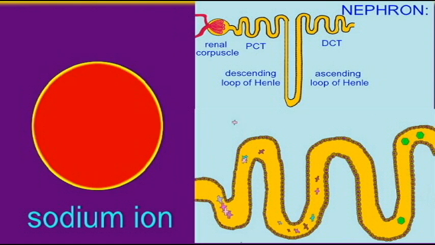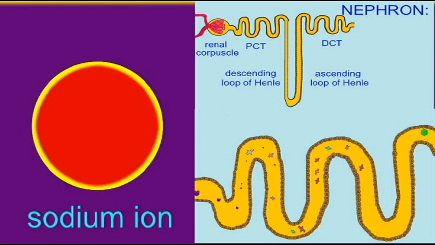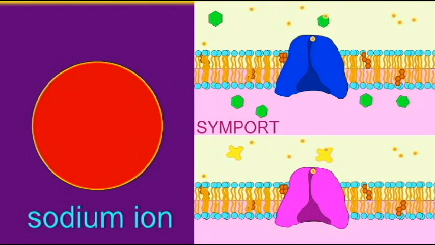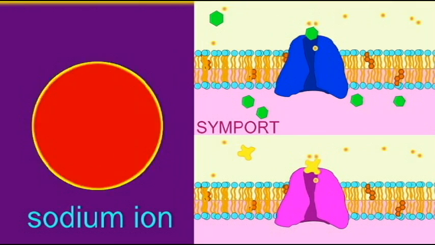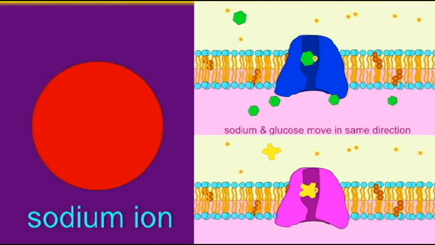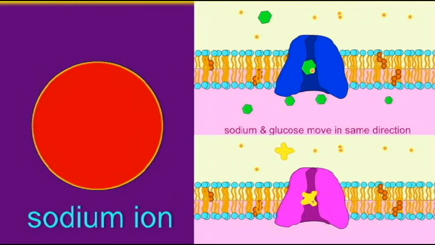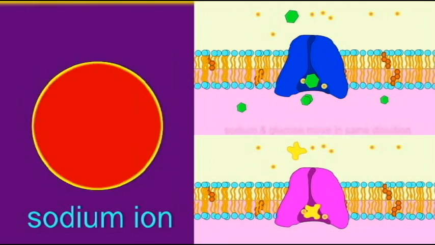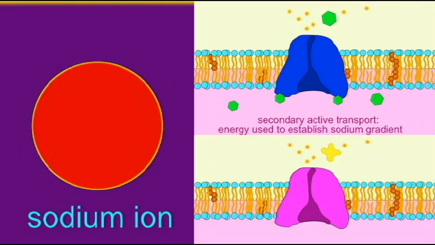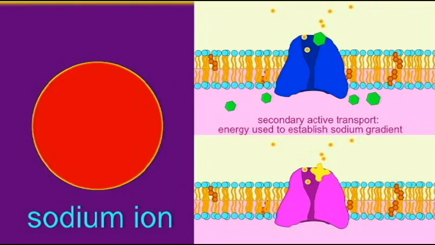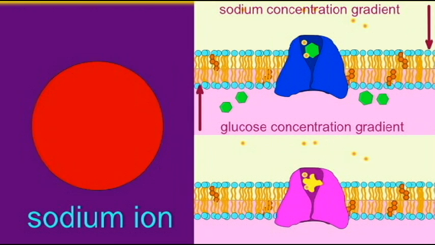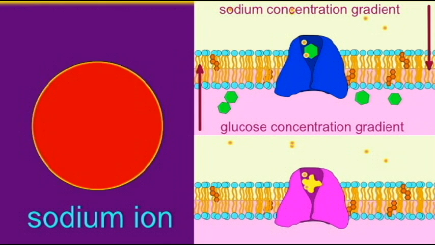Now, this is key to the transport of so many other substances because since so much ATP energy is being used to create this sodium gradient where it's moving from the filtrate through the cell into the blood, other substances can take advantage of this gradient in order to move. There are a number of gates which will only allow, say, glucose or an amino acid to pass through if sodium is coming with them. So the movement of sodium from the filtrate into the blood can then be harnessed to move other substances as